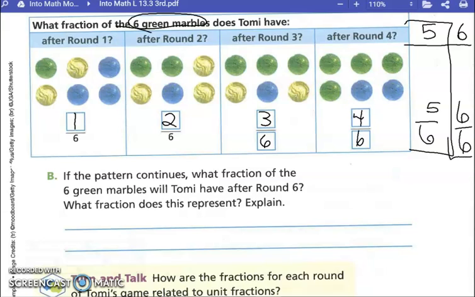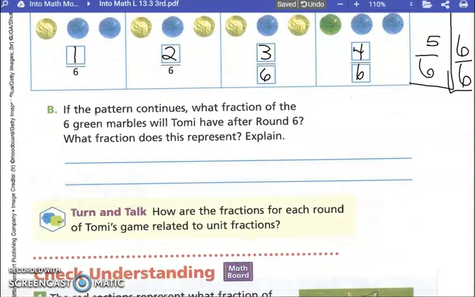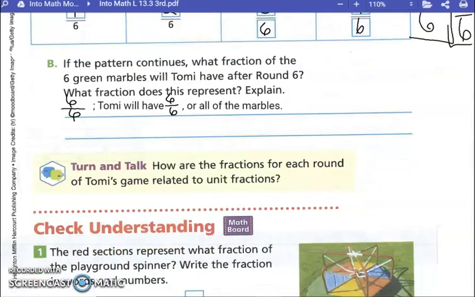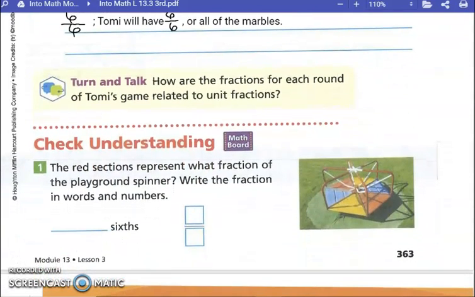Okay? So we need to put this in words. So we figured out on the 6th round he would have 6 green marbles. So 6 of his 6 marbles would be green. Tommy will have 6 of 6 marbles, all of the marbles. Okay, once you've got that written, I need you, at home, to go ahead and check your understanding